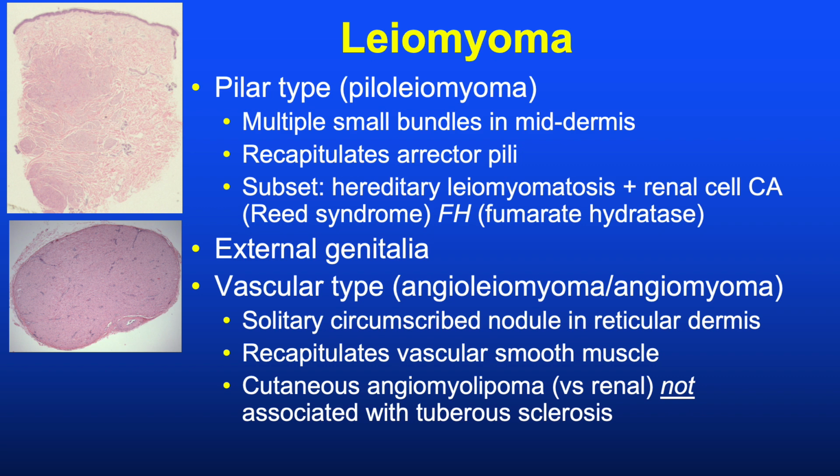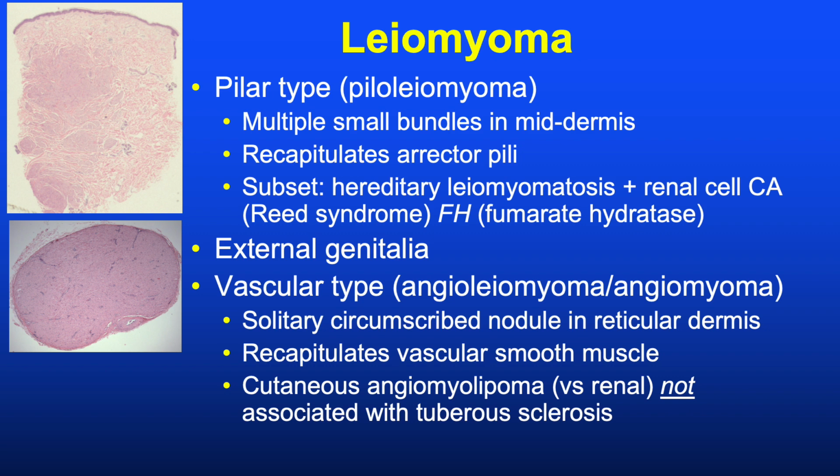And for those who are into the genetics, multiple pilar leiomyomas are associated with hereditary leiomyomatosis and renal cell carcinoma, Reed syndrome, associated with the fumarate hydratase mutation. And for vascular type leiomyomas, there's a variant called cutaneous angiomyolipoma, which in contrast to the renal angiomyolipoma is not